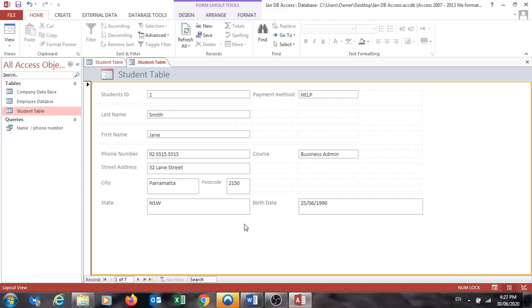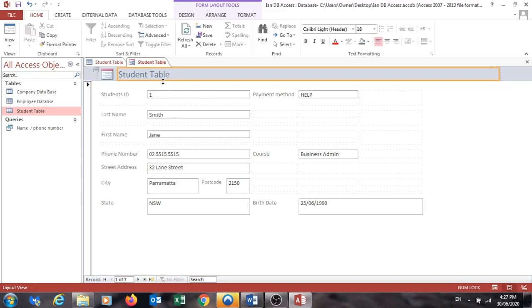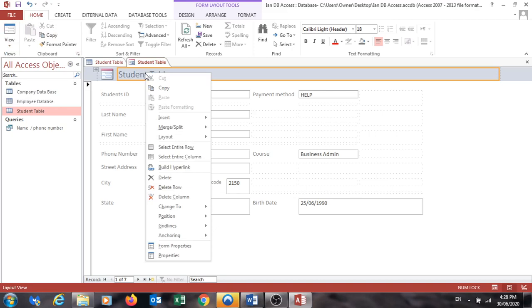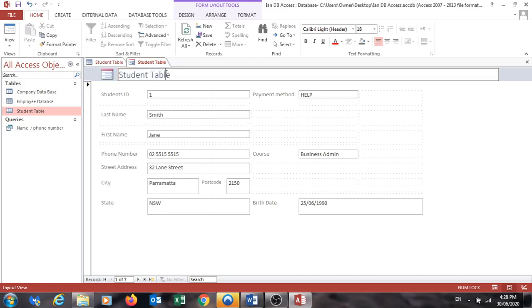Next we're going to be looking at changing the form title, as well as putting a date and a time, a running date and time on your database. So it wants us to change the name over here. So if I go to View over here, Layout View, and then if I double click, seems to have worked,